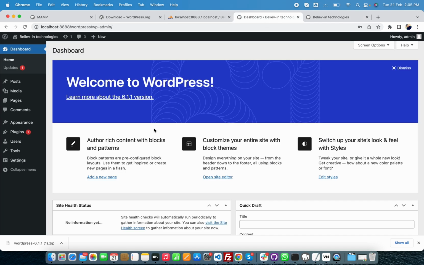Now the current theme is the default theme, which is activated right now. If you want to install another theme, just download one or create your own theme also. So these are the few steps you need to do to install WordPress in your local system.